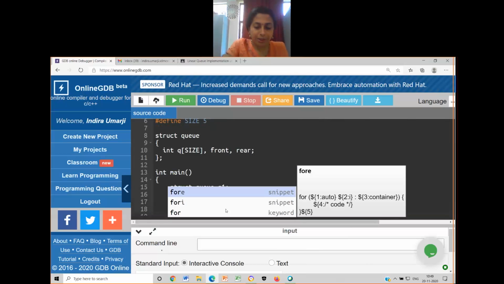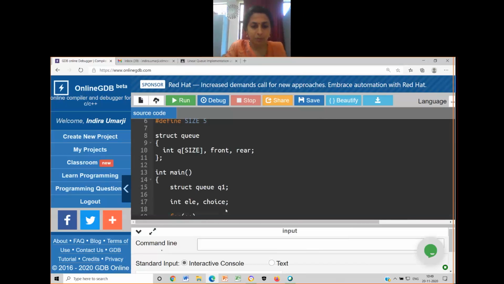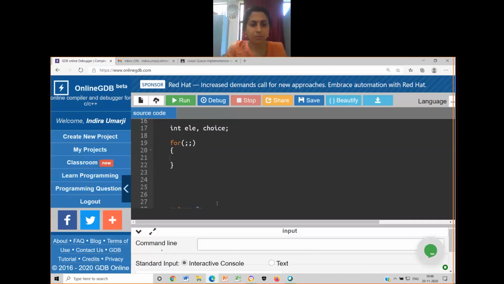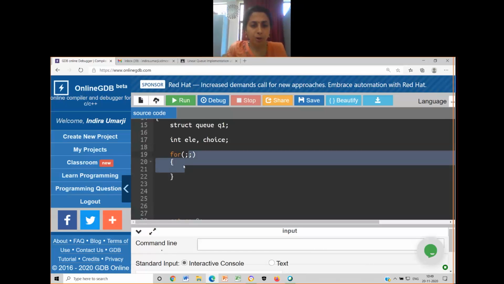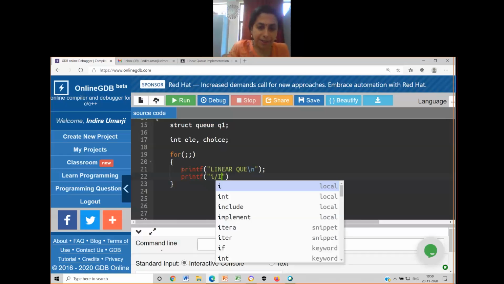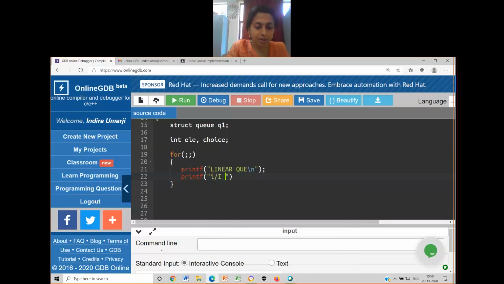Then for with an infinite loop. Inside this infinite for loop, let me have printf linear queue \n, then printf. Let me write a different choice here. I or capital I for insert. So choice is of type